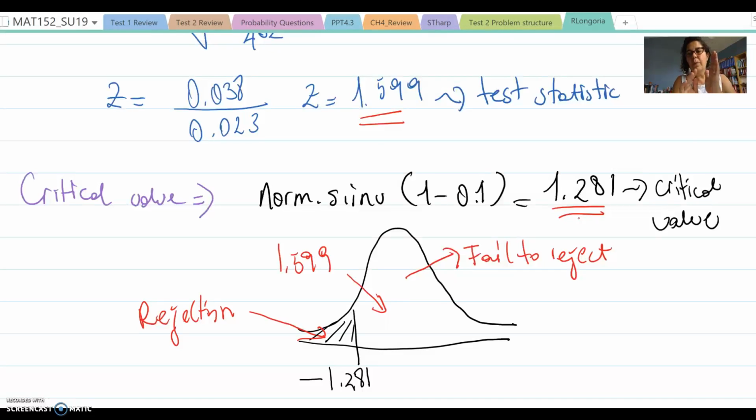And because 1.599 is on the right hand side of negative 1.281, we're going to say that we fail to reject